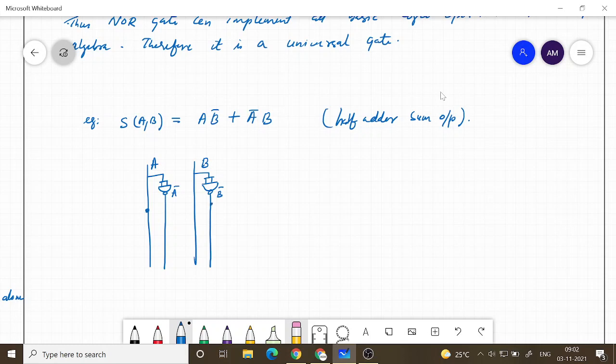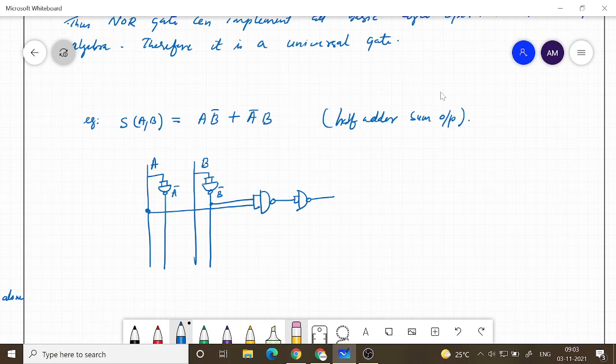So if you take an AND operation, what is the AND operation? You take a NAND gate and then again you complement it. So that way you can generate the AND operation.